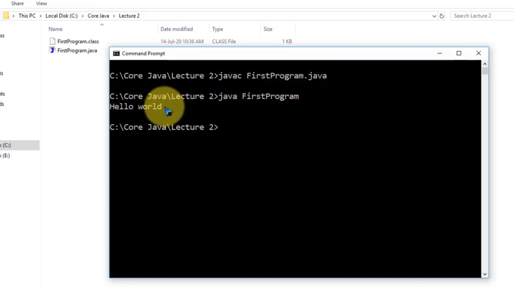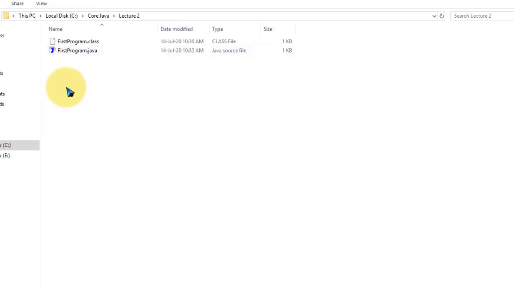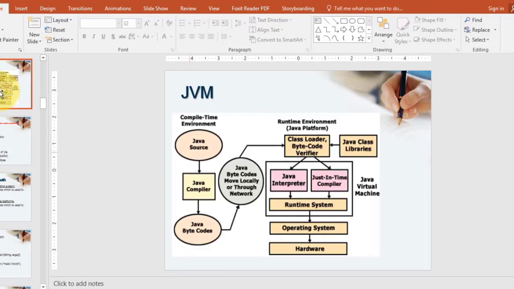Okay, so it is showing me hello world as an output. So just revise the concept. Look here, Java source code, Java compiler, it is Java bytecode, right? After Java bytecode, now it is loaded with the help of the class loader. Now this is all an internal process, right? We are dealing with this, but we are not dealing directly with this. It is an internal process with the help of your internal runtime services: class loader, bytecode verifier. If bytecode is okay, then it executes on your system with the help of JVM.